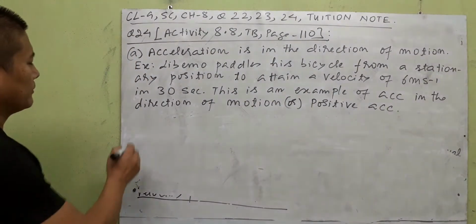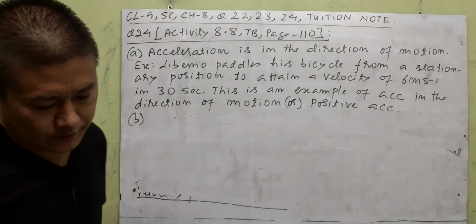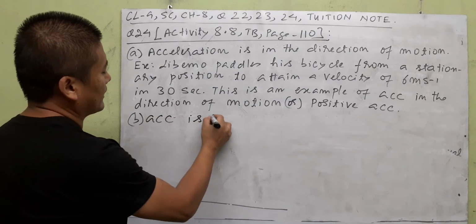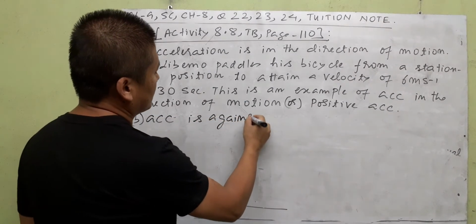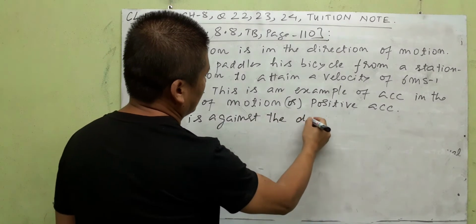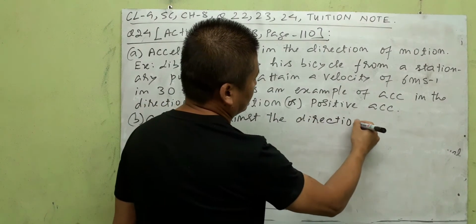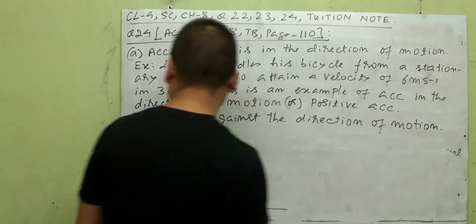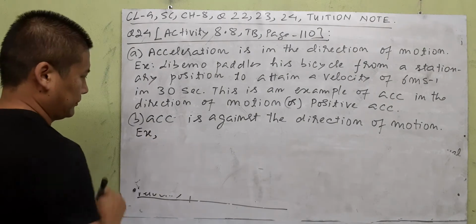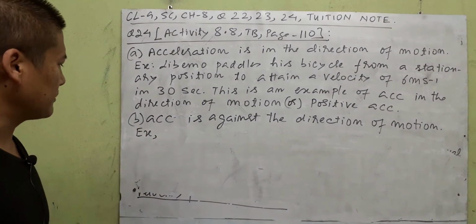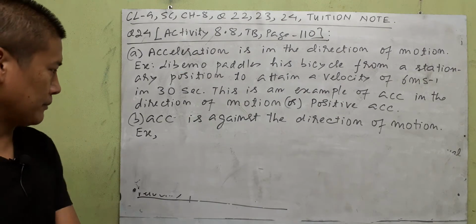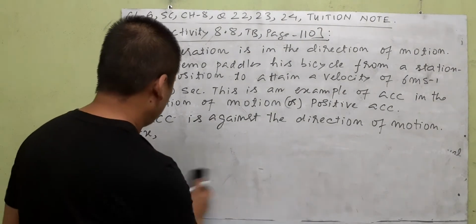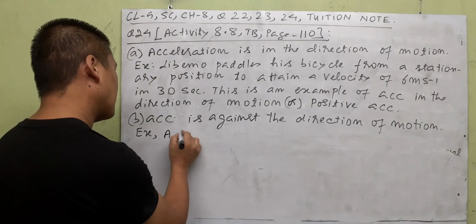Okay, now B. The second one is acceleration against the direction of motion. So you write your acceleration. The second example we have to give is against the direction of motion. Here you can just give a simple example. You should not give a different example. Okay, a car